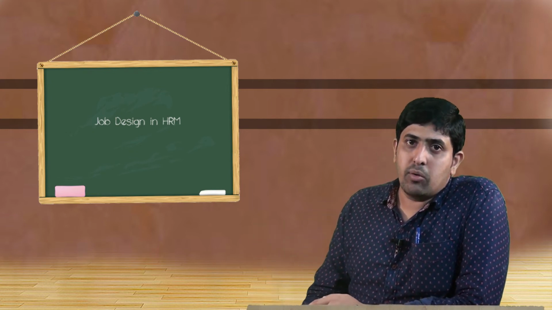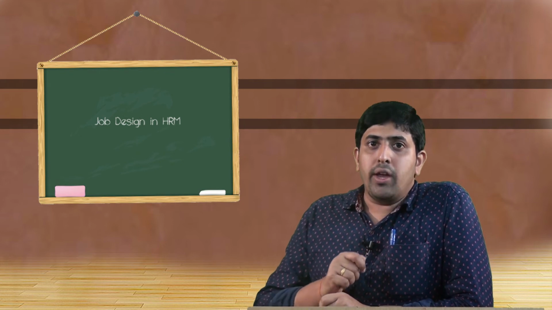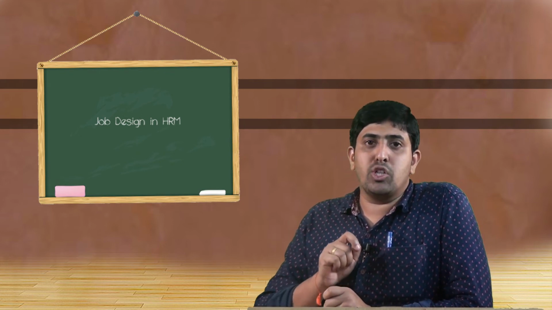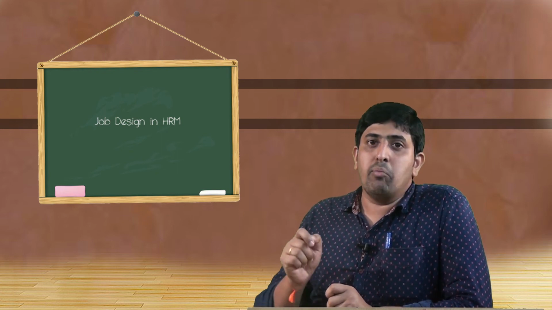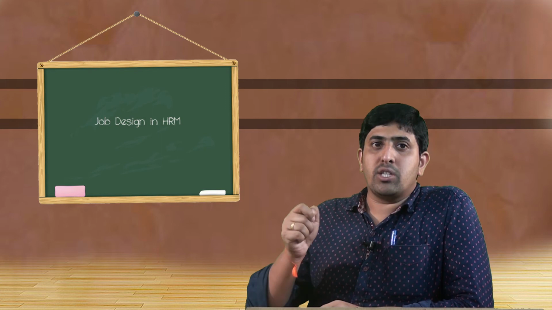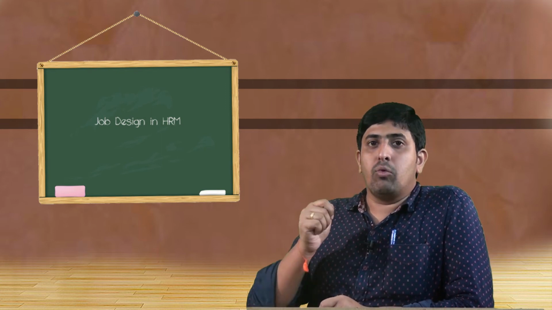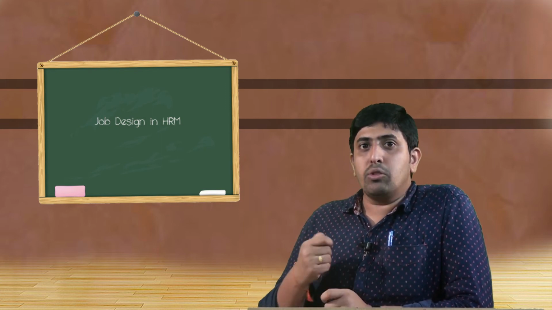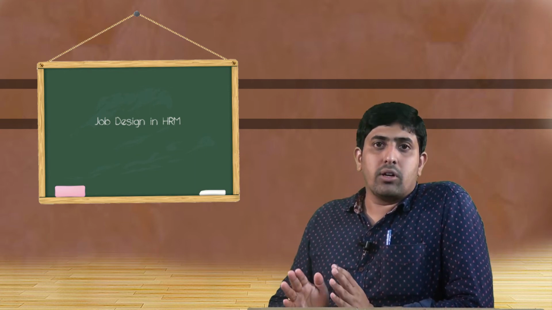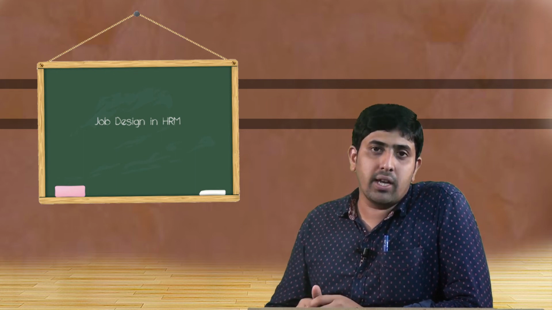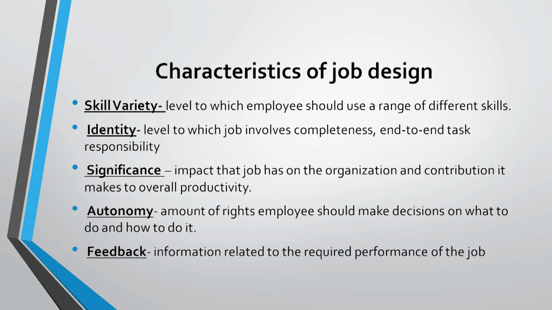Next, again, identity. So identifying an employee to make sure whether he is matching that job or not, whether he is working on an end-to-end task or not. Significance, the importance or the priority, which job has to be given priority. What is the overall productivity of the organization, and how the job could be made so important or efficient. Autonomy. Every job has got its own autonomy, that is the freedom of making the necessary decisions. So what is the level of freedom that could be given for each different level of the job to make sure that autonomy can be given to that job, that we can analyze through the process called job design.